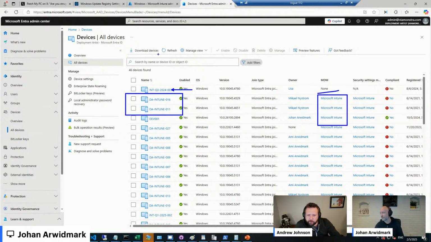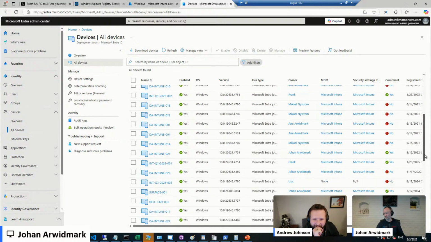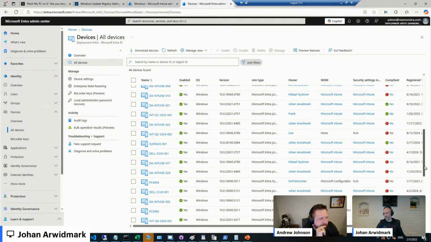Yeah, same. I'm just looking through my own here. I've got some Autopilot devices that have MDM set to none, but I don't know how much that's even worth considering I'm spinning up Autopilot devices all the time, and who knows if I went through the whole process or not. Yeah. I only have a few devices that are different. This is a tenant attached device, so has ConfigMgr instead of Intune. Well,